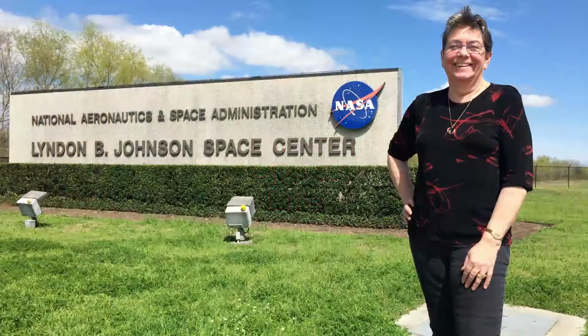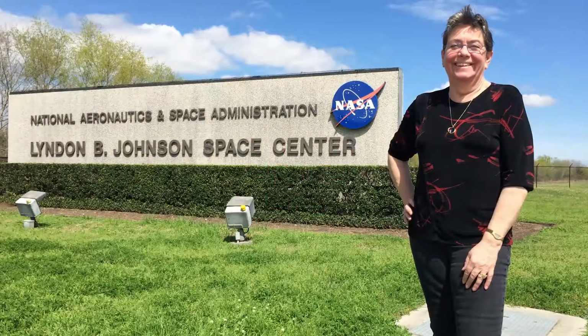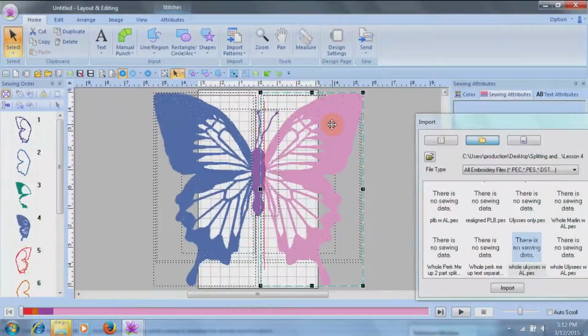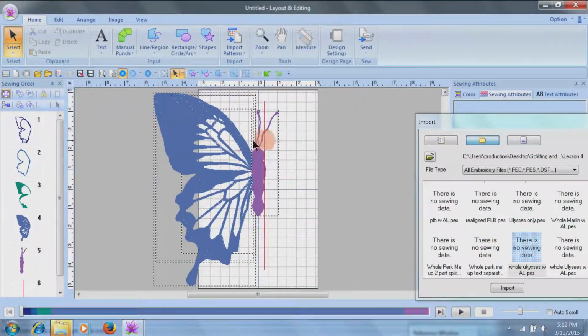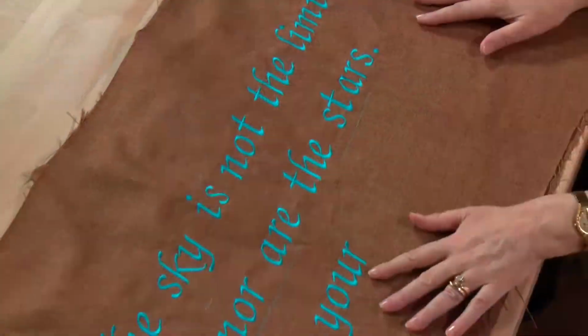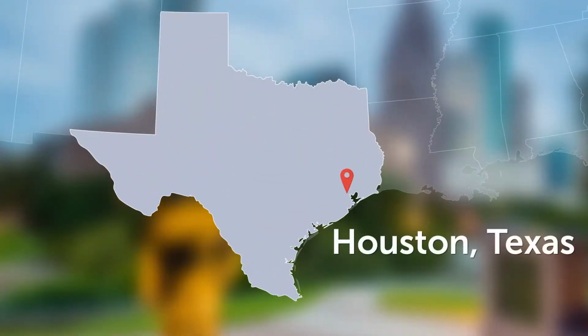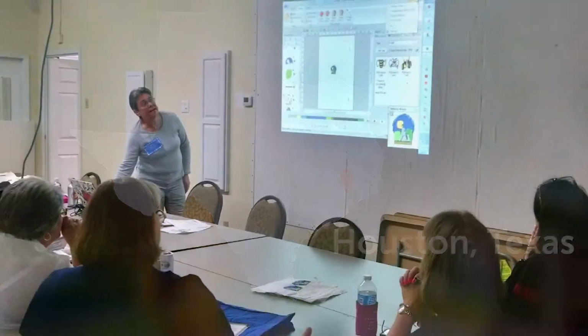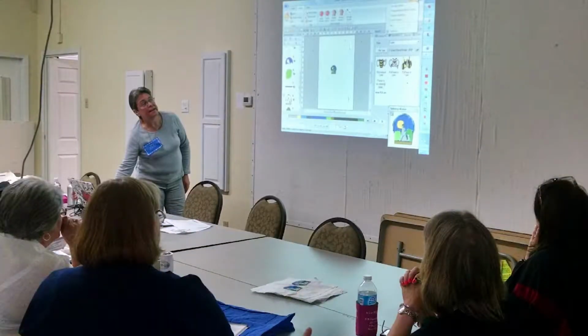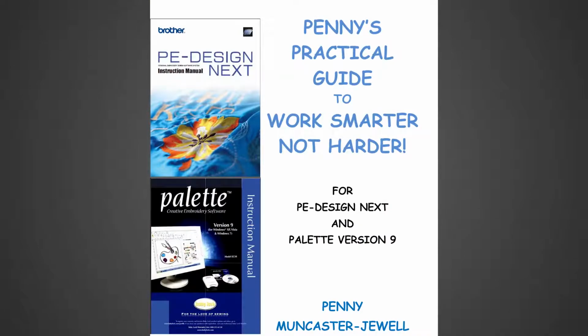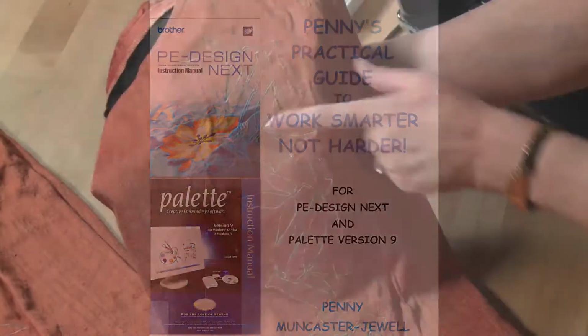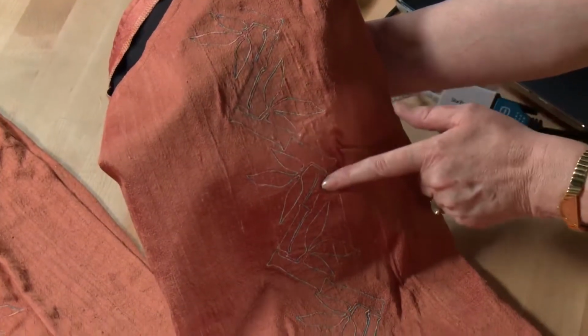I spent most of my working life in Houston as a software consultant for NASA. But it's now my mission to prove that computerized embroidery isn't rocket science. I'm originally from the northeast of England, but moved to Texas in 1980 with my husband Steve. I have taught digitizing classes all over the world. I've also written books on getting the most out of your software, and I love simplifying the process for my